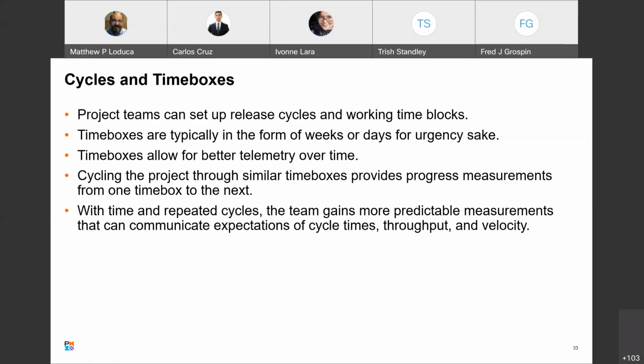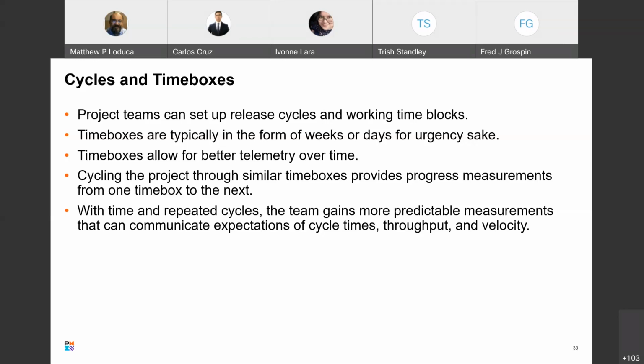And of course it doesn't match what you thought. Your velocity is off or whatever. You're doing less velocity than you thought or more velocity than you thought. You didn't deliver this or you didn't do this. And every iteration you do